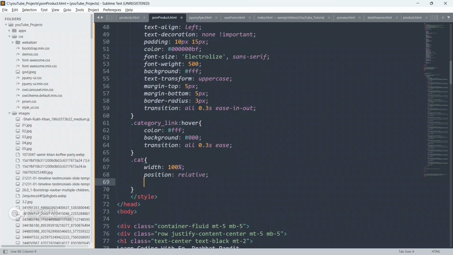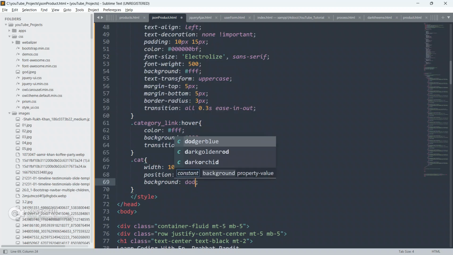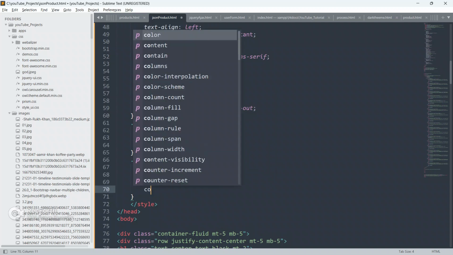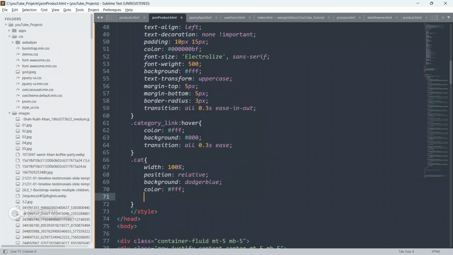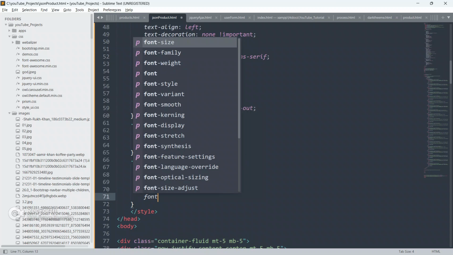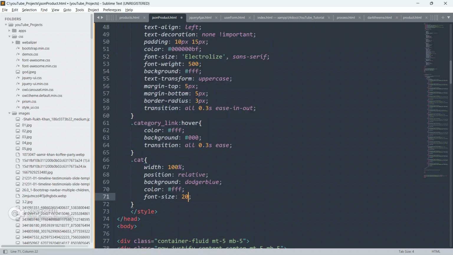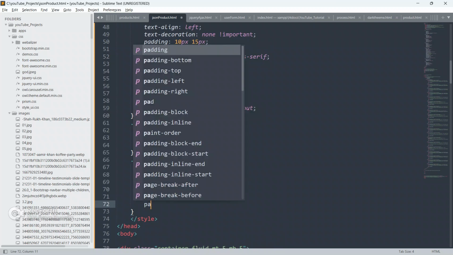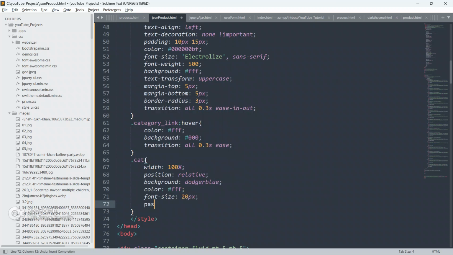So give width as 100%, give position as relative, give background color as dark blue, give color as white, give font size as 20px, give padding as 5px and 15px.